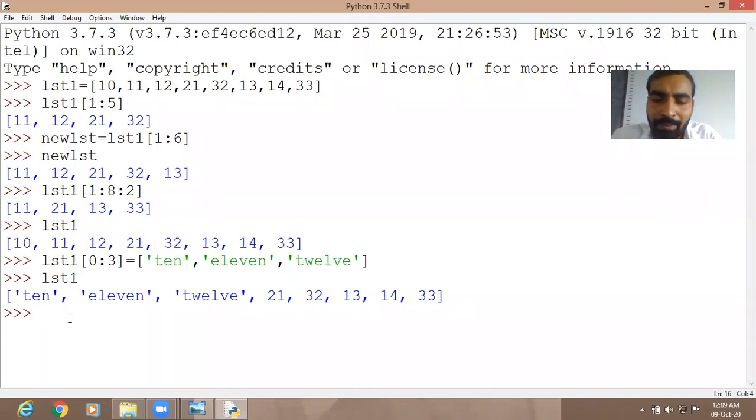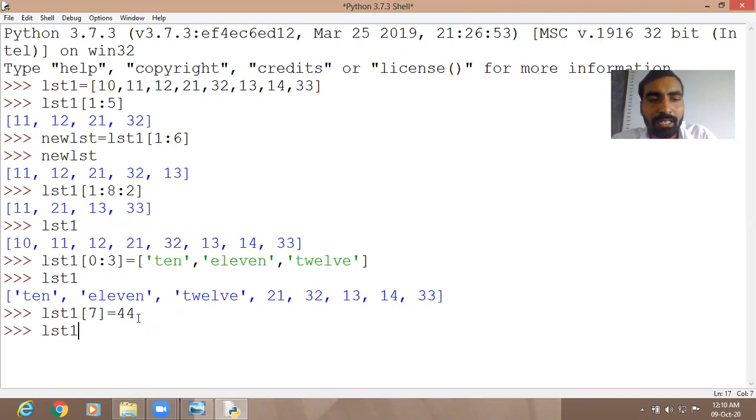A very simple method: write the list name, square bracket, write the index number of that value. The index number is 7, is equal to the new value. Suppose the new value is 44. Now you see what will happen. 33 will change. It will be replaced by 44. This is the method to change a single value.